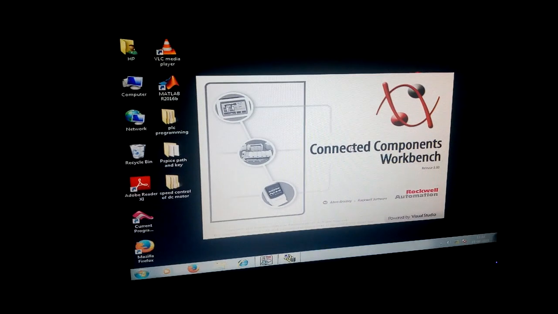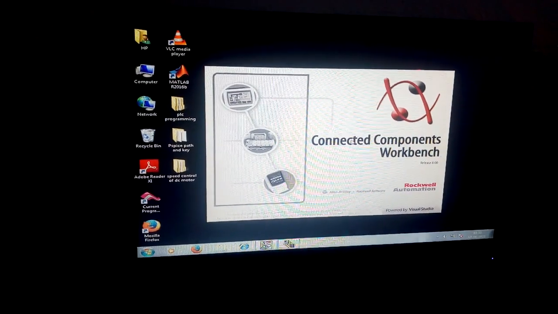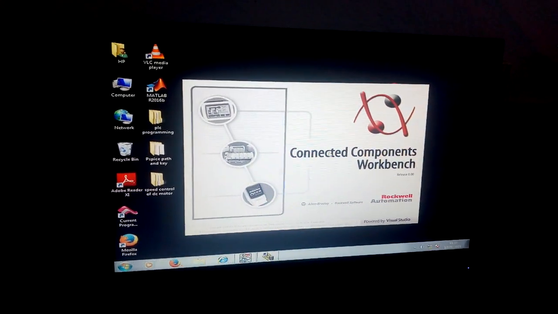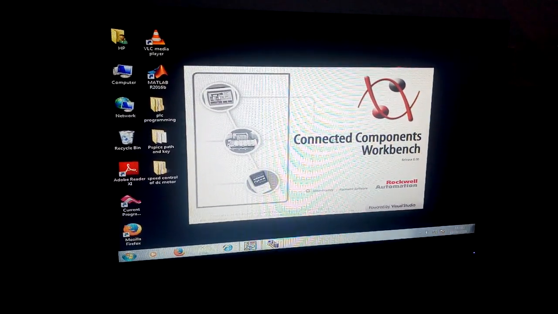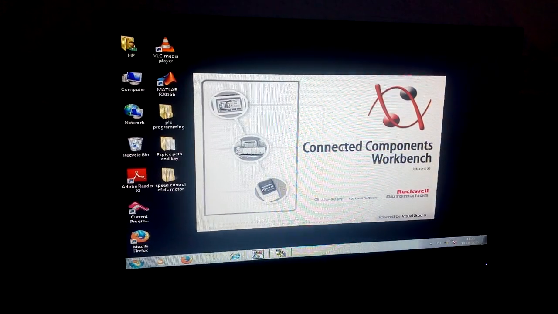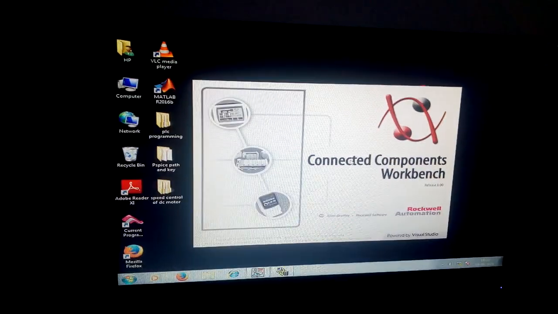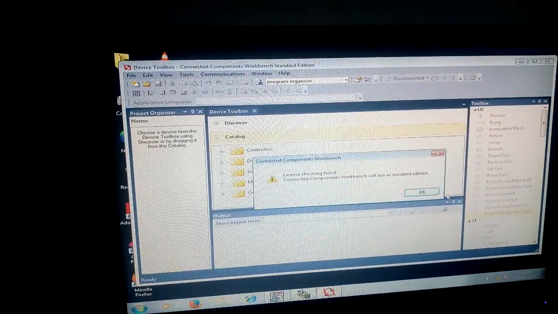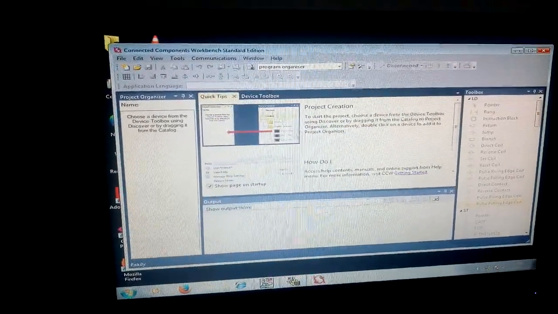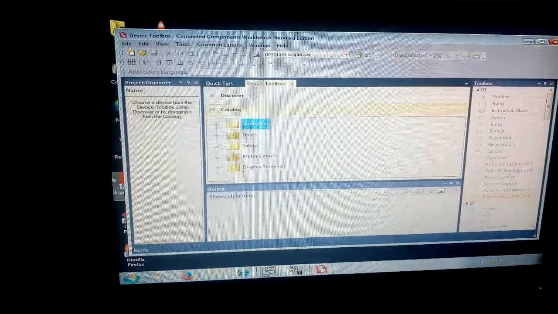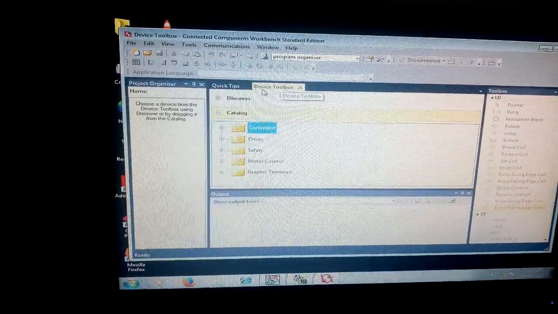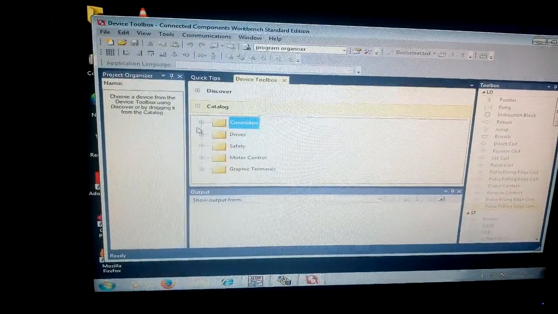Once the Connected Components Workbench opens, we can design our program. First we need to go to the device toolbox.